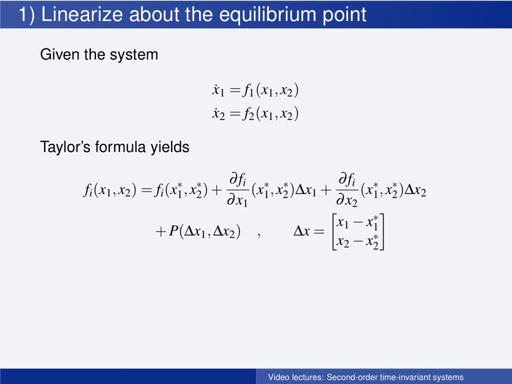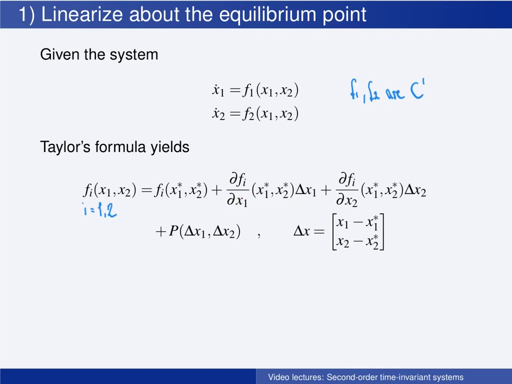From calculus, we have Taylor's formula, which gives that under the condition that the functions f1 and f2 are continuously differentiable, the function fi, where i can be 1 and 2, equals the function evaluated in the equilibrium point, x1 star and x2 star, plus the first order derivative of f with respect to x1,